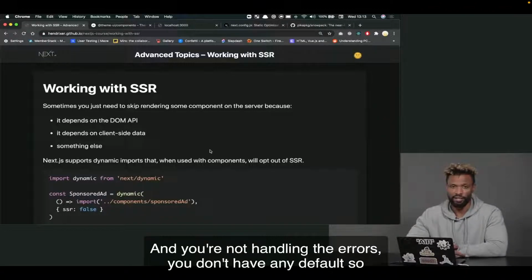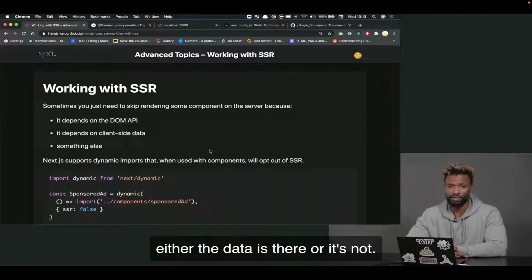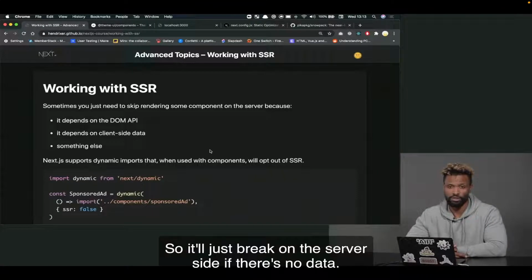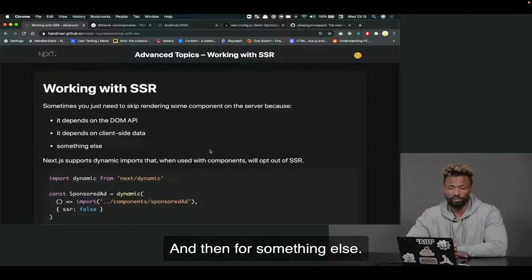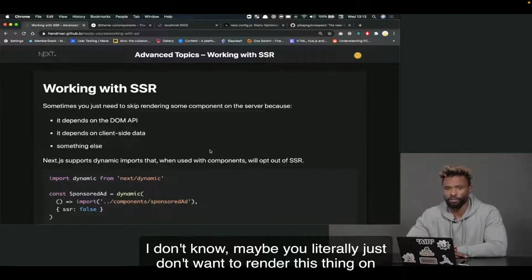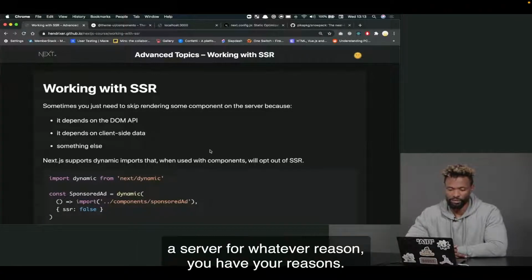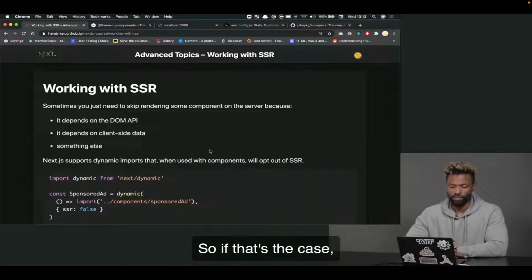And you're not handling the errors. You don't have any defaults. So either the data's there or it's not, so it'll just break on the server side if there's no data. And then for something else, I don't know, maybe you literally just don't want to render this thing on the server for whatever reason. You have your reasons. So if that's the case,